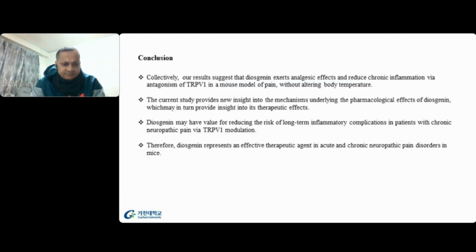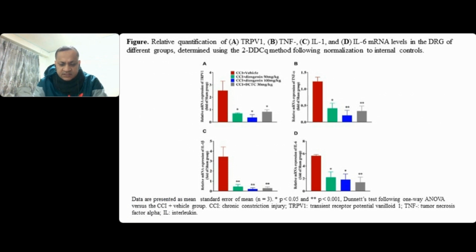So at the end, we will strive for more molecular mechanisms to identify how it correlates with Diosgenin, and how TRPV1 and other molecular mechanisms can regulate it. We are doing this ongoing project. Until this point we've already published. You can find this article by the name Mahbubur Rahman and Diosgenin.